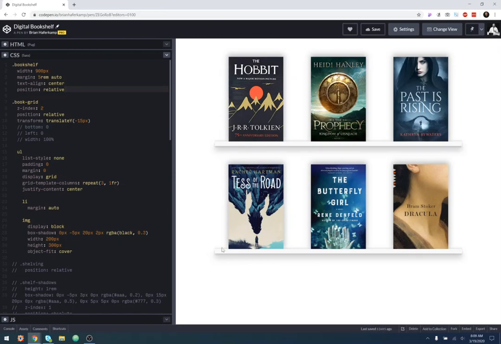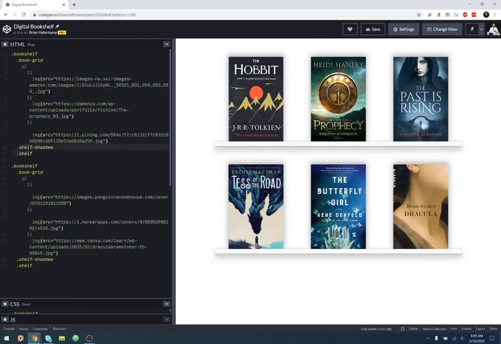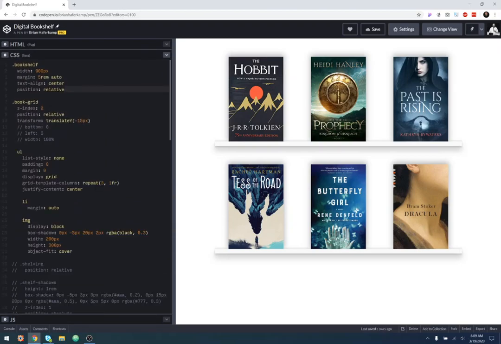This is another bookshelf, a separate one. So you can see we have two bookshelves. This is just an unordered list with images in it. And I just randomly pulled some book cover images. Now for the book grid, I made it a z-index of 2. Remember I told you we need to think about how to stack these things on the page so that one is behind the other. If I take this off,